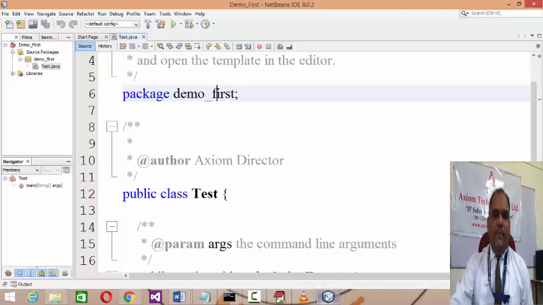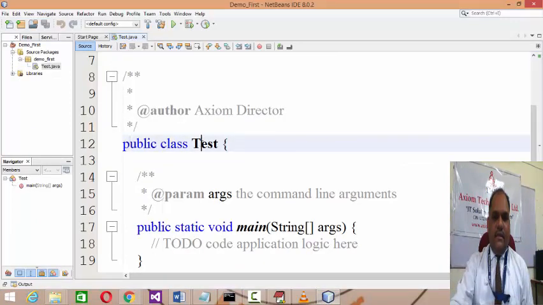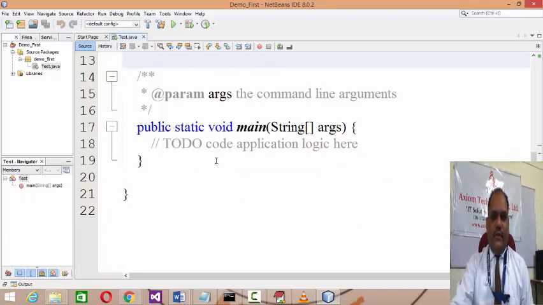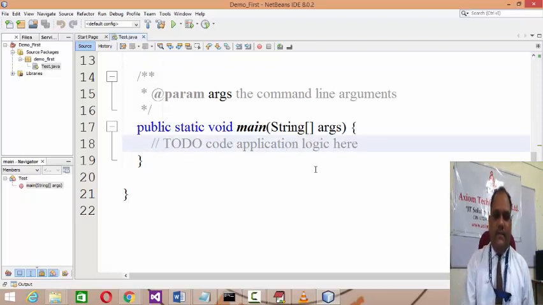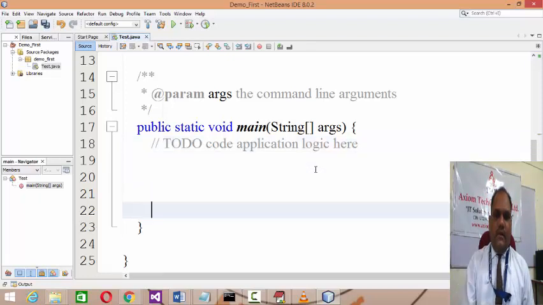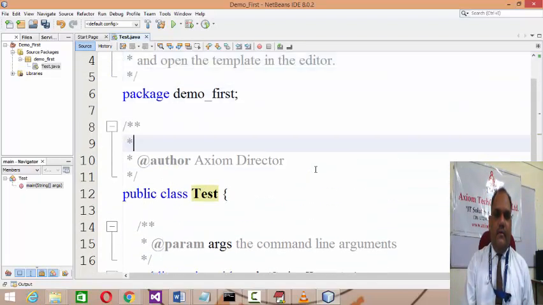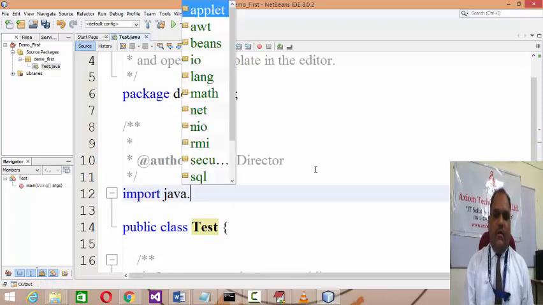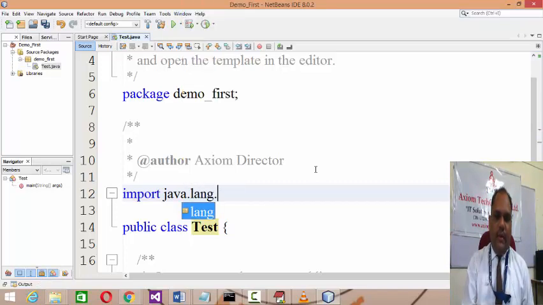Anyway, we'll come back to NetBeans. Here is public class test. If we develop a class as test, this public is a class modifier. I'll be explaining class modifiers later on. Now it's all IDE-designed code. So here, public static void main, you can directly write code over here. Let us test, as this is your first code. Here we'll import the package now. Import java dot. Now as you are using NetBeans as the IDE, it will help you out because there is no need to memorize things.